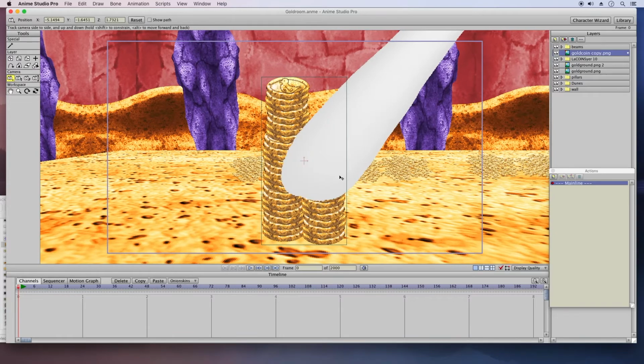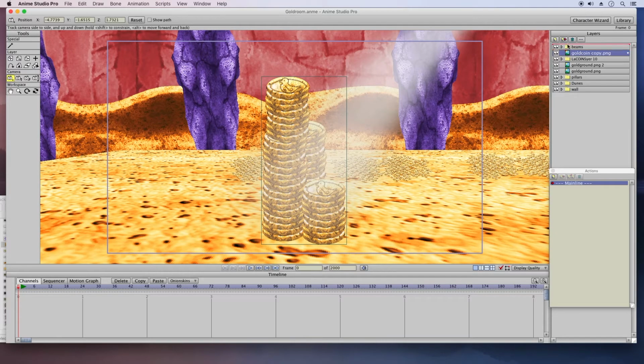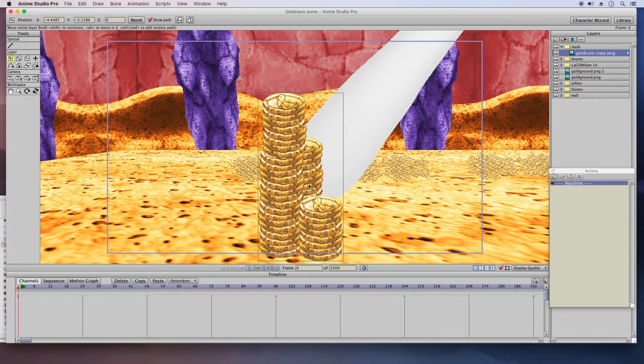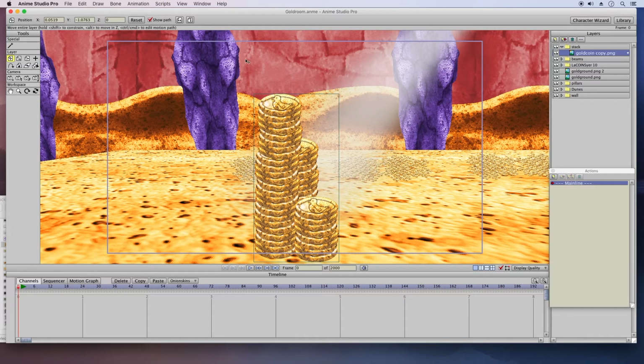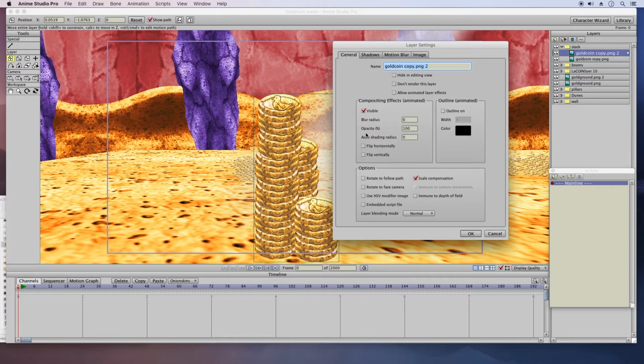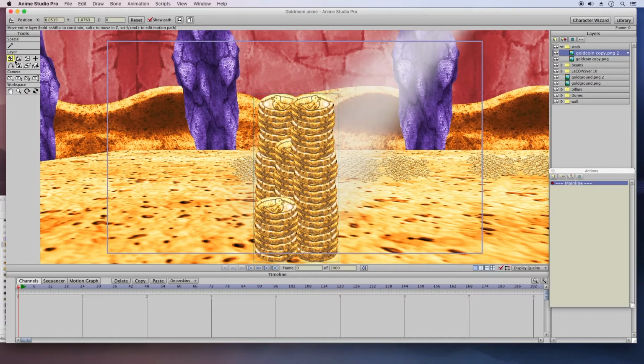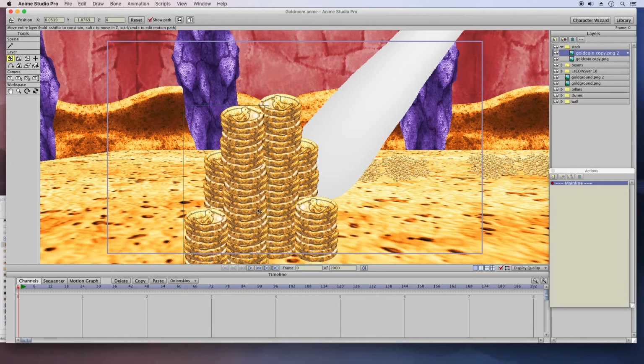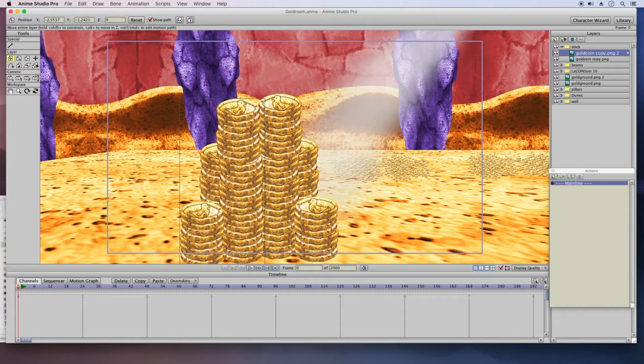is, let me just set those coins right there. Before I do that, I'll create a new group for the coins, and it'll be like a stack of coins. So what I'll do is take that coin and put it right there, and then I could duplicate it just to vary it up a little, and then just do a flip horizontal, and then move that over here, maybe like that. And the trick is,